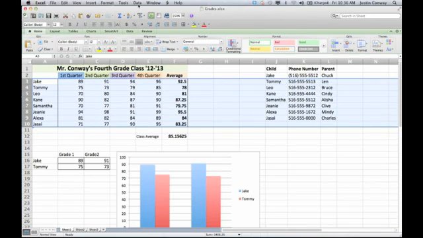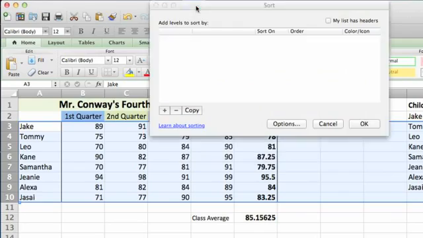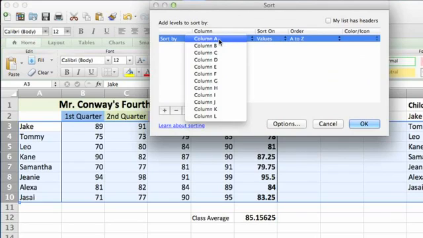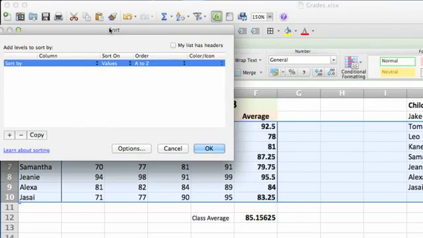Then you can go into Data, Sort, and this is where you'll have your options to create a custom sort. You want to sort by and select the cell that you'd like